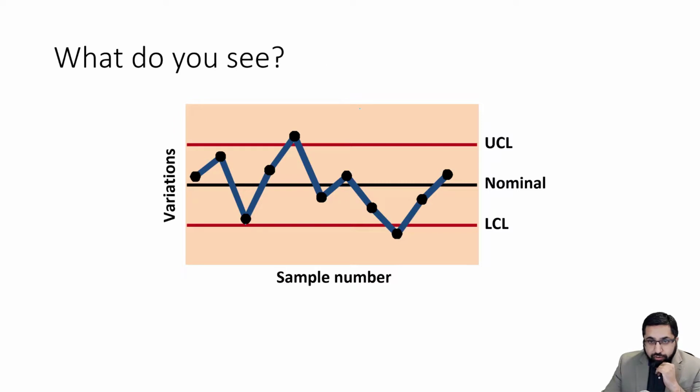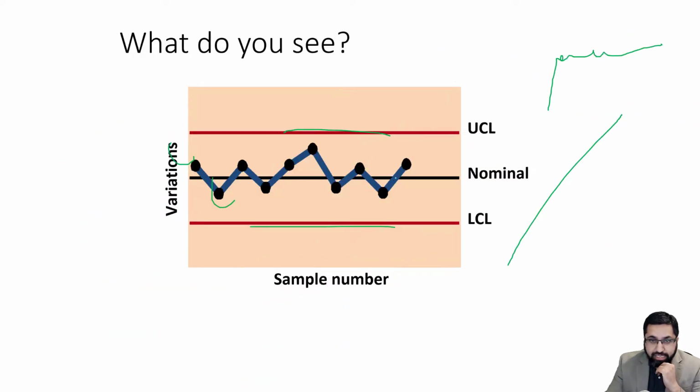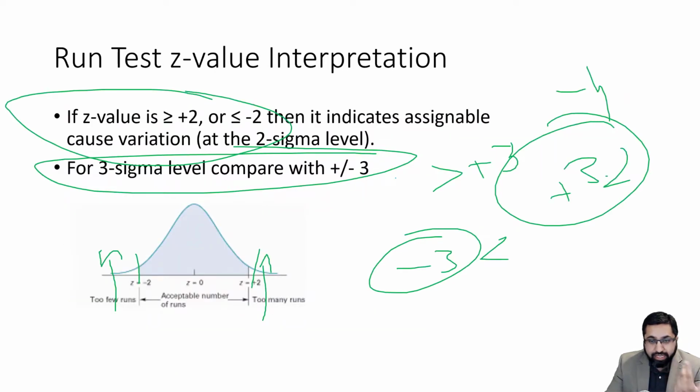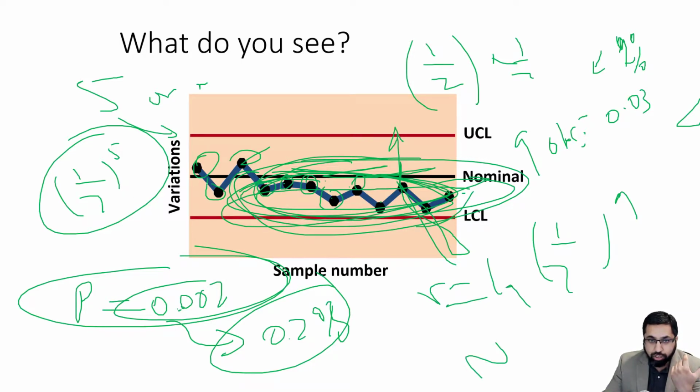Okay, here we see out of control. Ideally you would do the z-test here, with the runs. And with the z-test, you would say whether it's out of control or not. You should have some more data and calculate the number of runs. Here you would have 1, 2, 3, 4 runs. R will be 4, and N will be some value. You just count the number of black dots, calculate the z-score and compare. But the z-score is probably going to be extreme here, and you're going to say it's out of control,